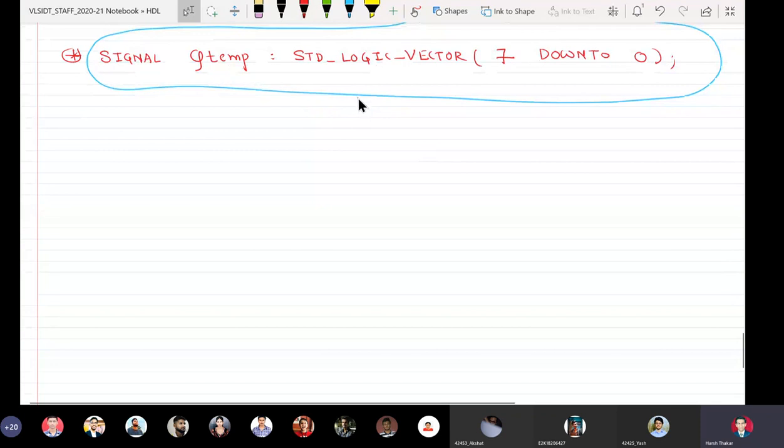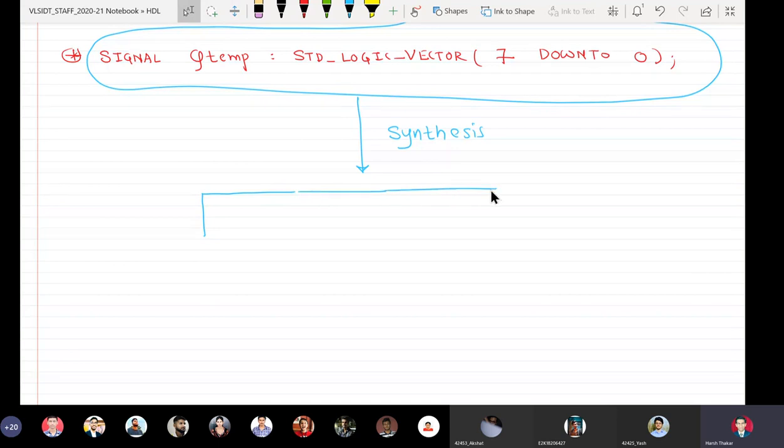After synthesis, the statement actually makes a register of size 8. So when std_logic_vector 7 downto 0 is synthesized, what happens in the schematic is this.